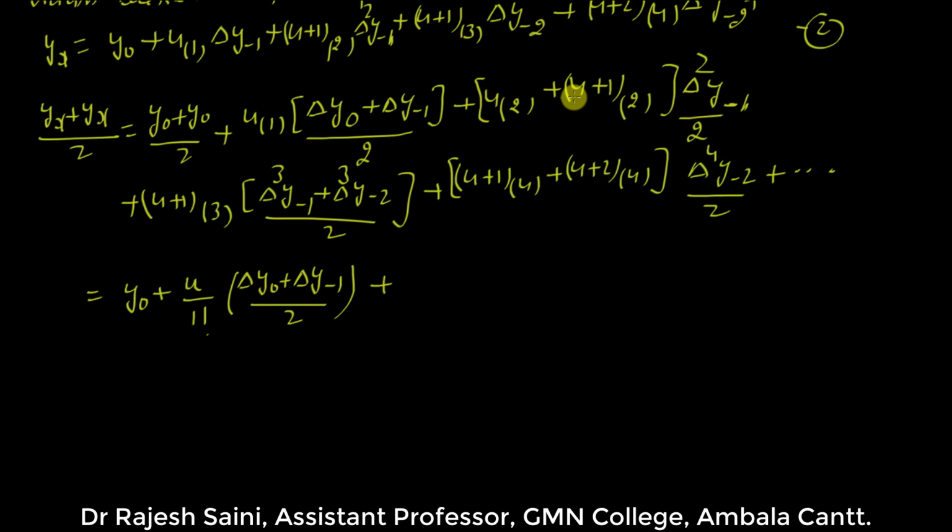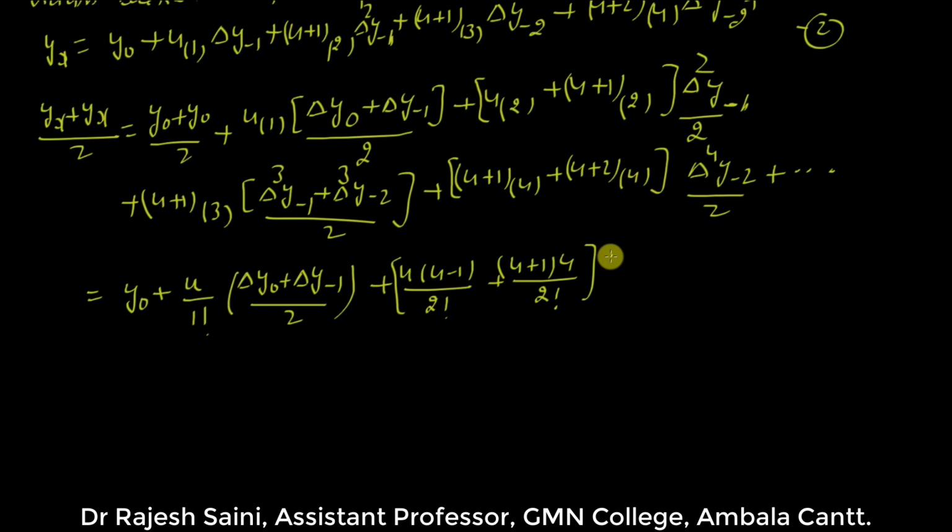So we will be solving this one. So what will be this? This will be u minus 1 by 2 factorial plus u plus 1 u by 2 factorial